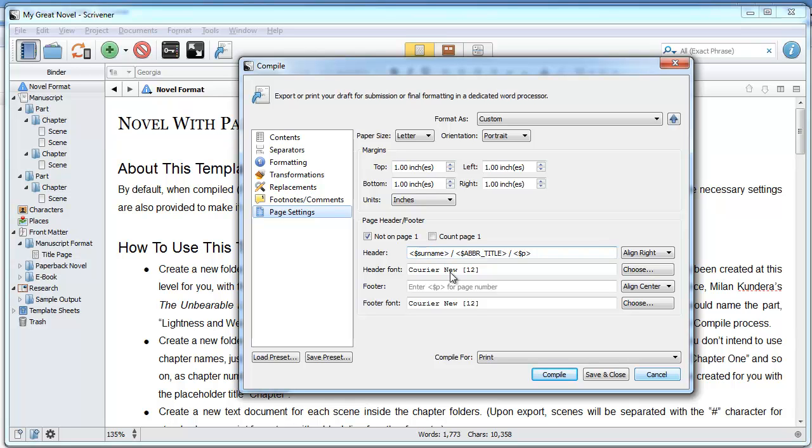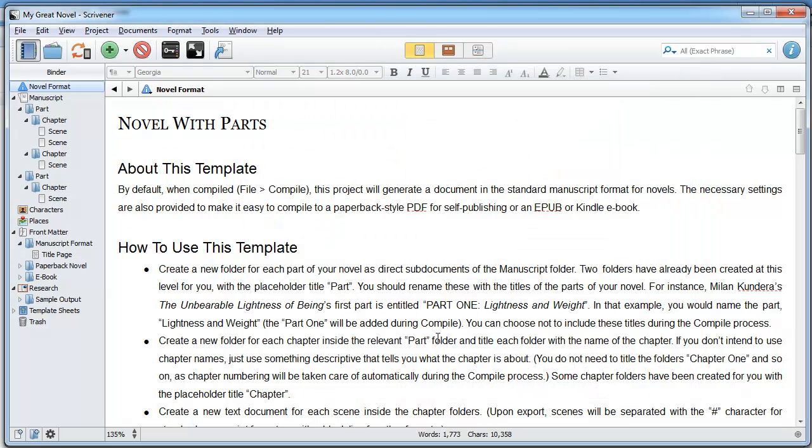so if you wanted to change this placeholder tag here for your header, or you wanted to put different tags inside of here, you need to specifically declare these inside of Scrivener, and you can't do it from inside of here. You can change the tags inside of here, but you can't make the declaration of what a surname actually will be. So before you go into the compile editor, or into the file compile process, what you need to do